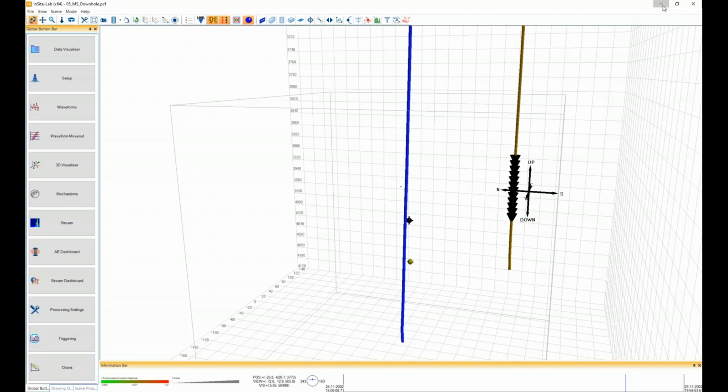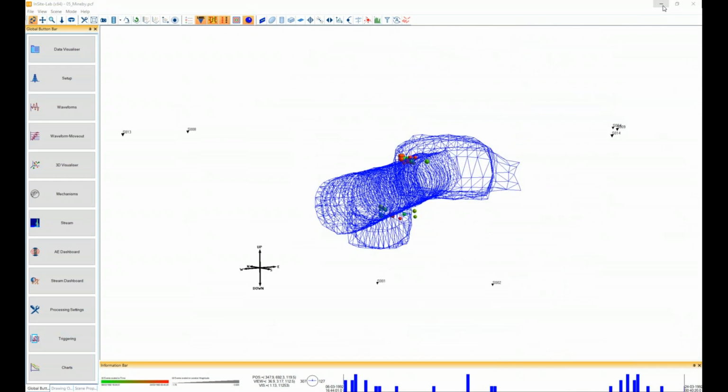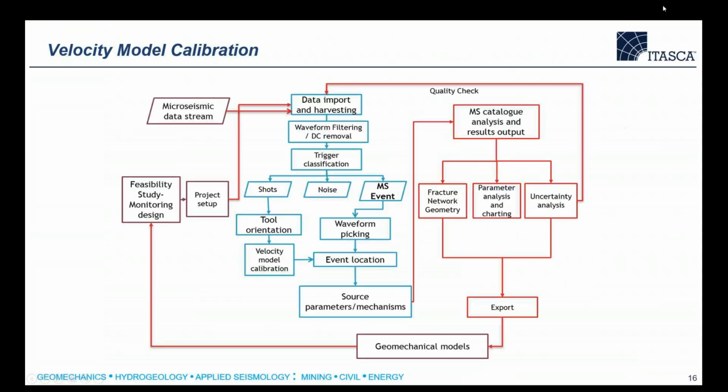Okay. You've seen this process is a bit slower than the one that we did before because it's a layer model and it's got more sensors, triaxial sensors, so it's a bit more involved. Okay, so now we have located our events. What's the next step? Well, we might want to go back and review